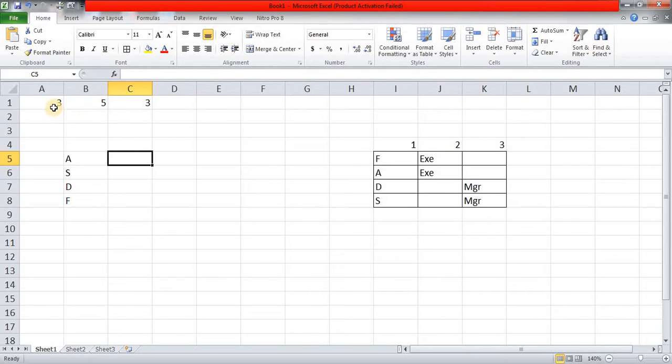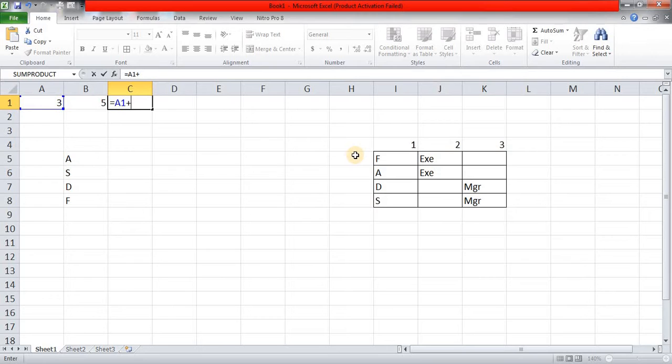So here I have given just a value, that is 3, and in B1 I am giving 5, and in this C1 I am just saying is equal to 3 plus, and in brackets a logical question, is this 5 greater than 3? Then what do you think, what should be the answer? Now we all are aware that in Excel true means 1 and false means 0. So in this case, because the value in B1 is greater than the value in A1, it is going to give us true, isn't it?